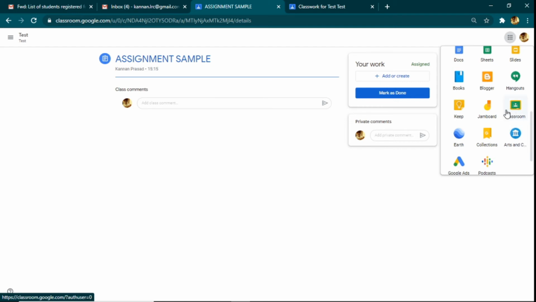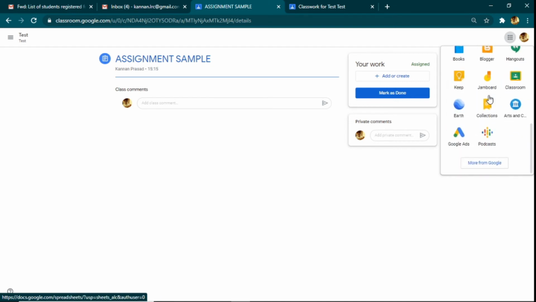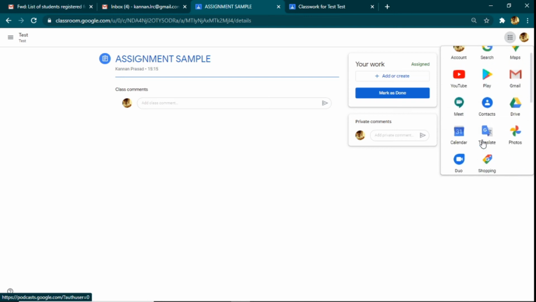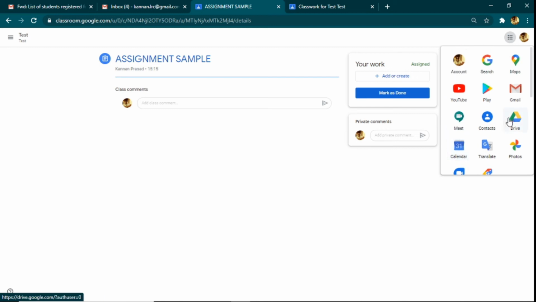So besides Google Classroom, we are going to use Google Docs. We might be using Google Sheets. We will also be using something called Google Forms. We will be using Google Calendar, and then we'll be using Google Drive probably 1 or 2 times. We will be using Gmail as well. You should also know YouTube is a Google product, right?